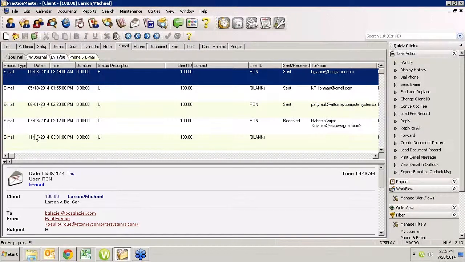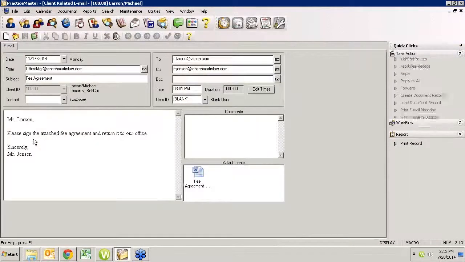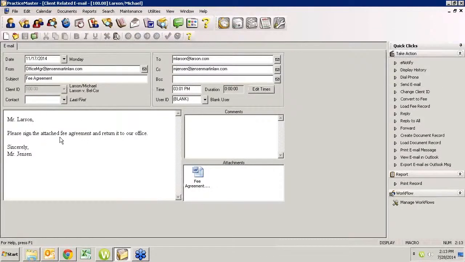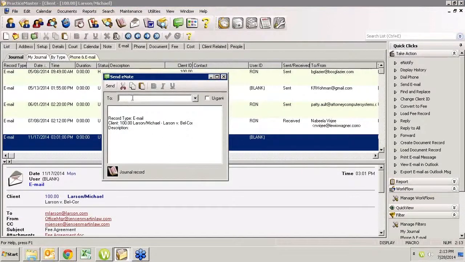But I'm going to open this eNote, or this email, and I'm going to look at this email, and I'm going to say, well, I want to see if so-and-so, I want them to review this as well, or I want to get somebody else's opinion. I want to send this email to someone else without having to actually send the email. I don't want them to have to scroll through their email box and refer to such and such an email. I've got it saved as a journal record, so I'm just going to eNotify,